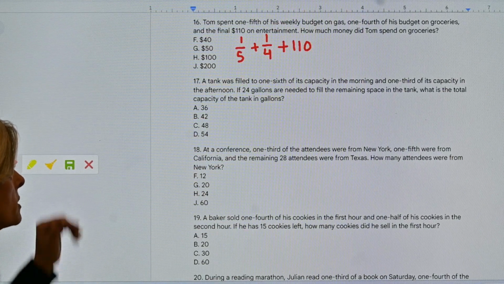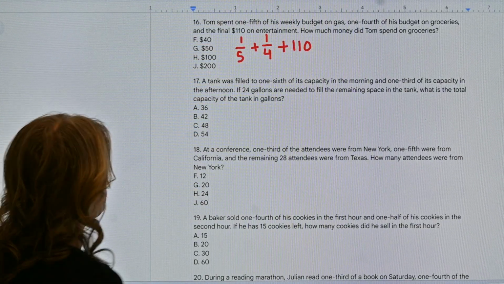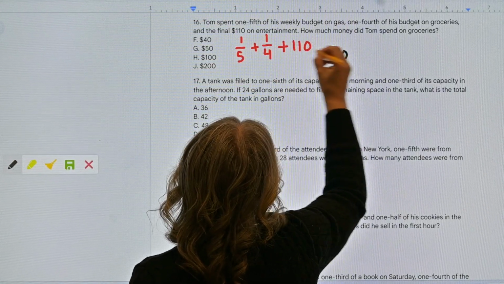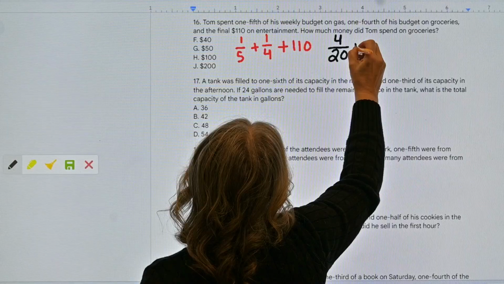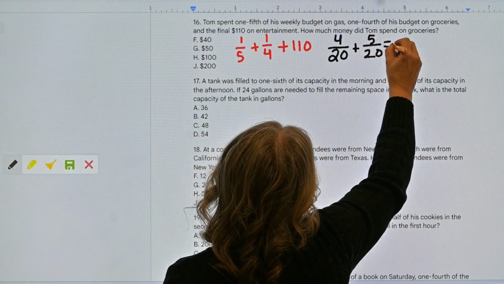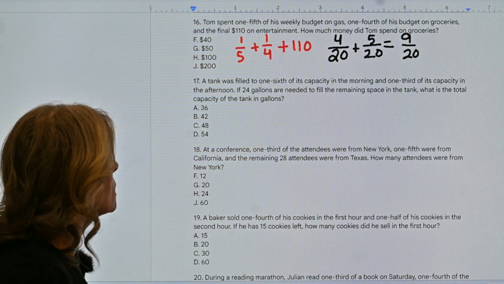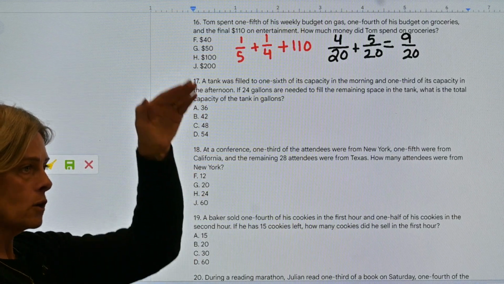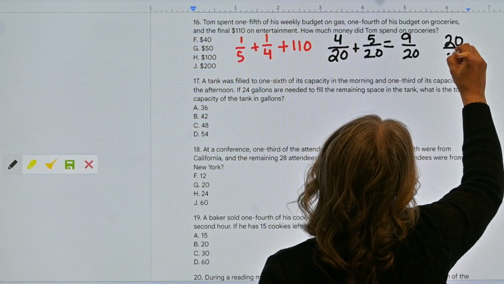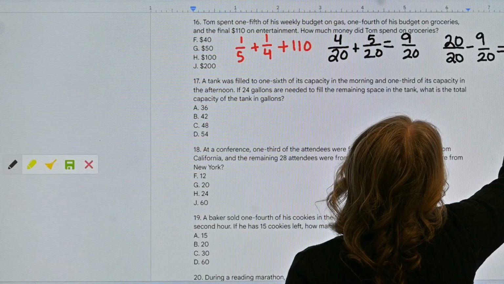So the first thing you want to do is get a common denominator. What do you guys think that common denominator is? 20, yeah. So we'll do 20. So 5 goes into 20 4 times, plus 4 goes into 20 5 times, so that's 9 20ths. What is a whole? 20 over 20, correct? Okay, so then we're going to do 20 over 20 minus 9 over 20,